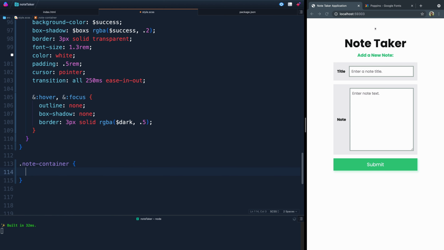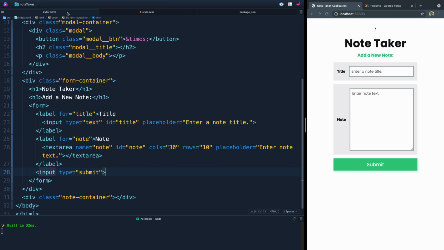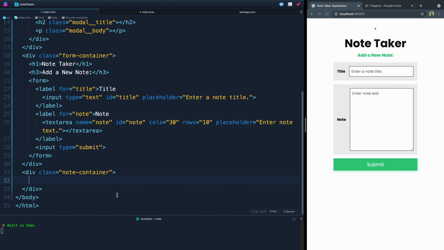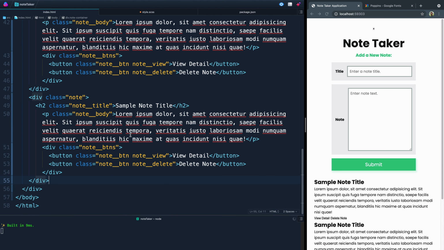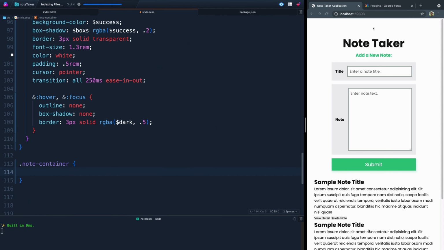Now, right now we don't have anything in that note container. You might remember it's just an empty div, but eventually we're going to add notes in here with JavaScript. So let's go ahead and add some, and I've just copied over this. We'll add, I don't know, 3, something like that. Okay, and you'll see that it shows up over here when I hit save, but nothing is styled